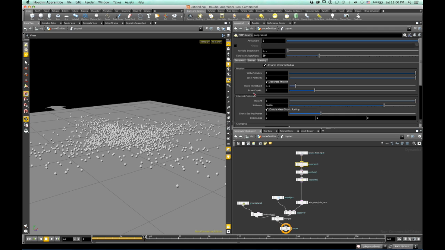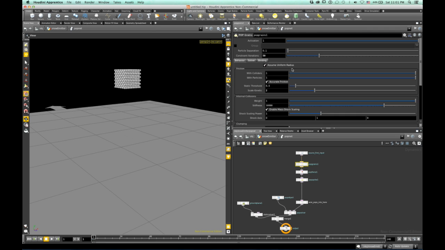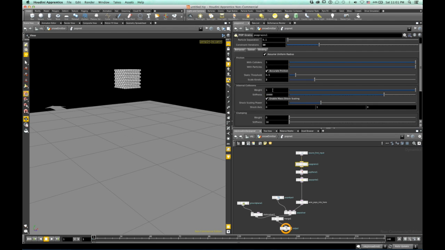You guys can later on read what these things do individually, so that way you have more understanding of what's going on behind this. So in the internal collisions, you want to leave the weight at 1. The stiffness, you can leave it at 10,000, just so you can edit it if you want, but it's all stuff you can just play around with. So over here, the shock scaling power, this is also something that you want to lower, so you want to put this to